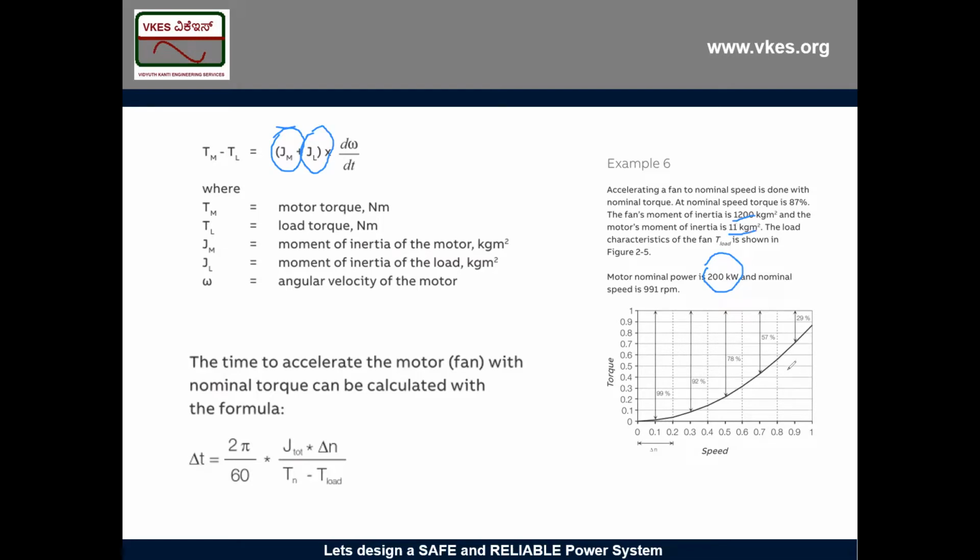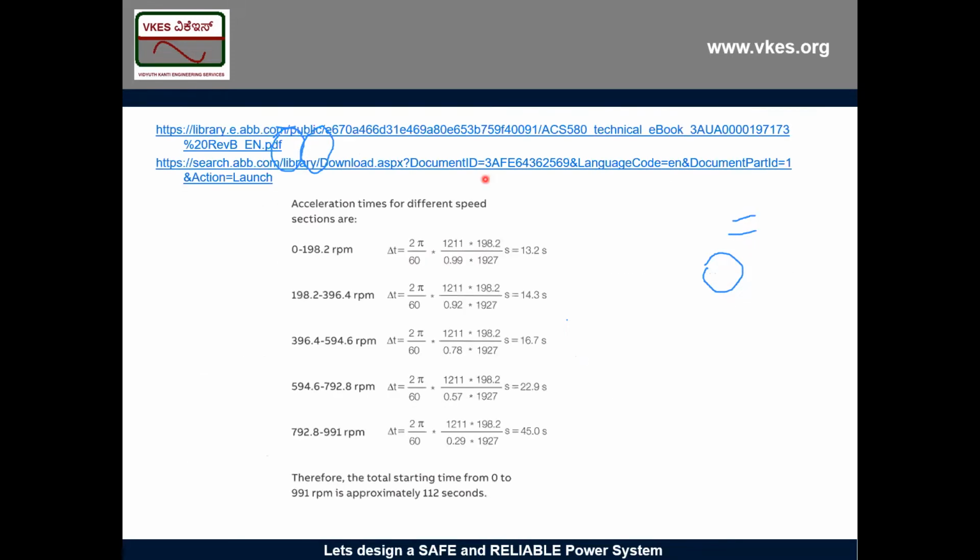Okay, so Jm plus Jl is how much? 1211. Okay,